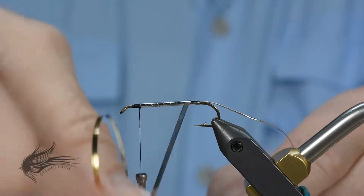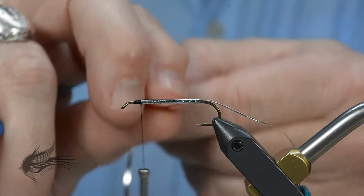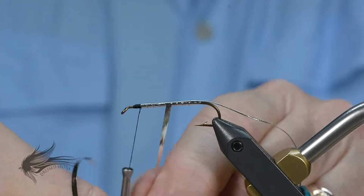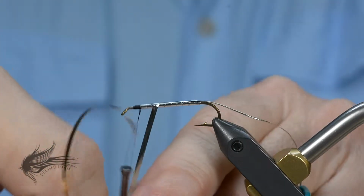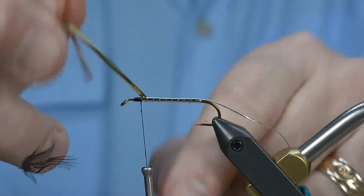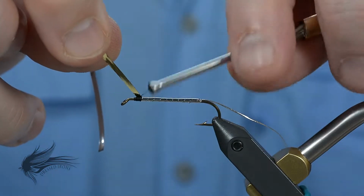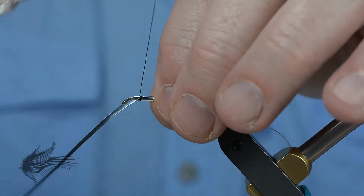Now this is where this top layer of Mylar is going to cover up any of those spaces that had thread showing through. Getting tongue-tied there. And we'll end up with a nice silver body. You want to try and have touching turns on that as well. Once I get up to where I tied it in, I'm going to put 3 or 4 wraps to secure